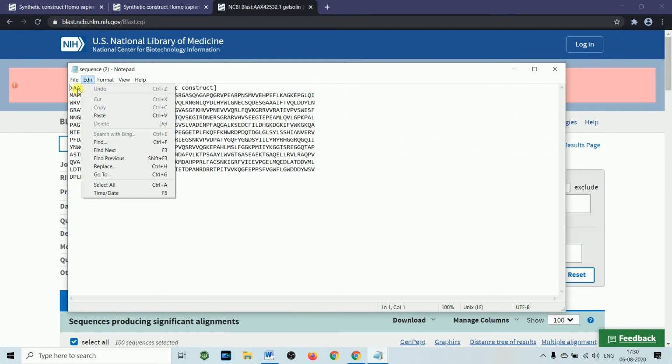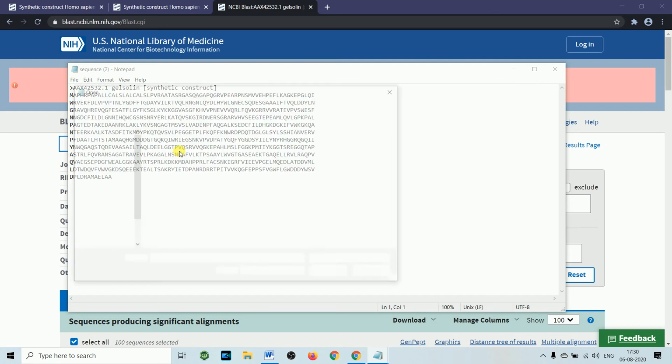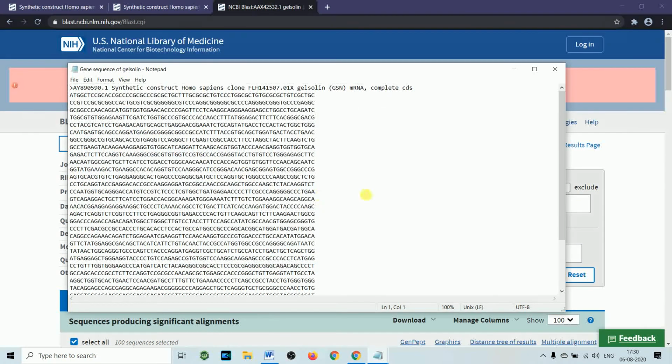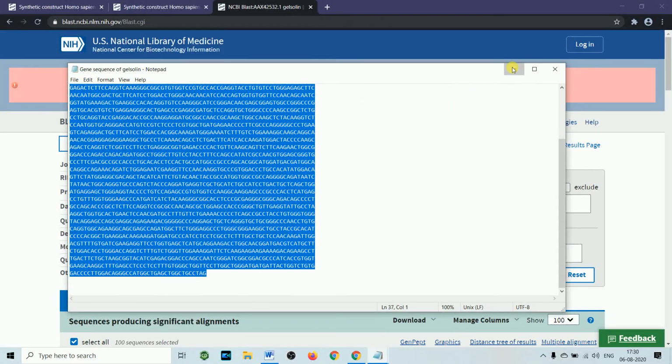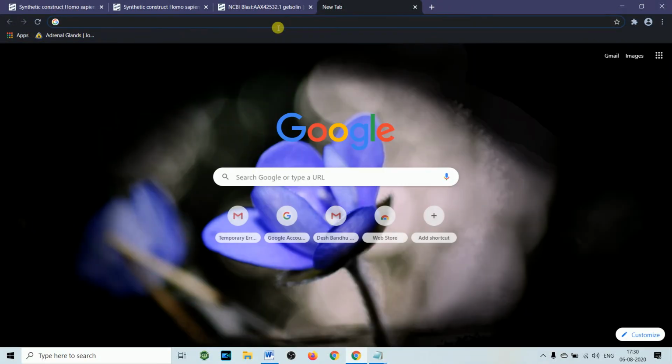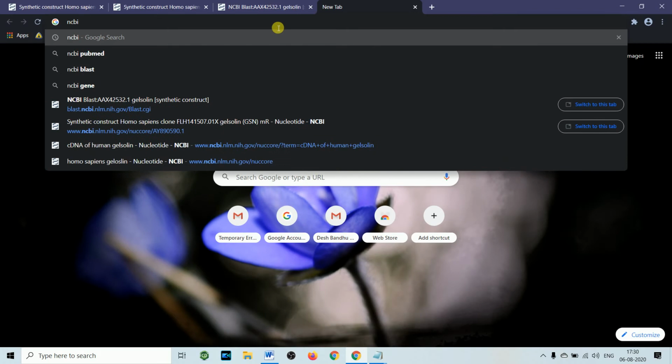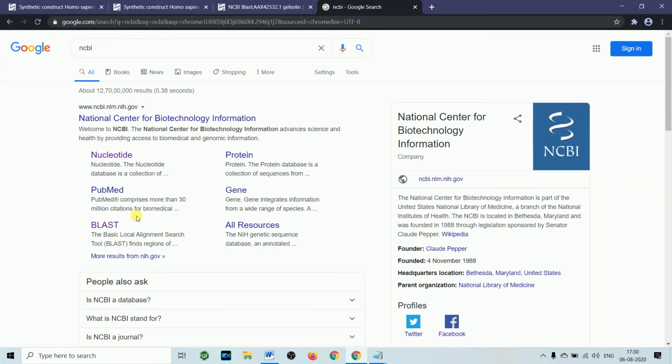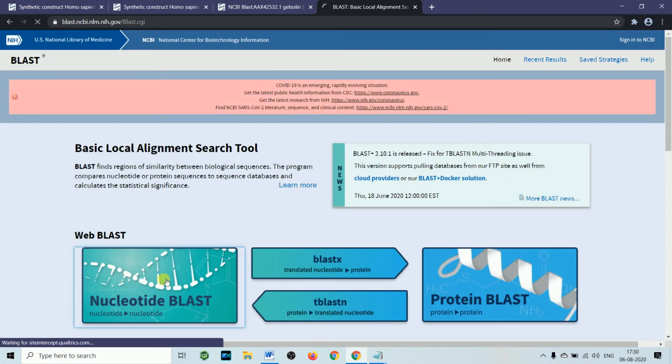So here you can see, we have already gene sequence here. So we'll copy it from here and we'll open another NCBI and click on blast. This time we want to do nucleotide blast.